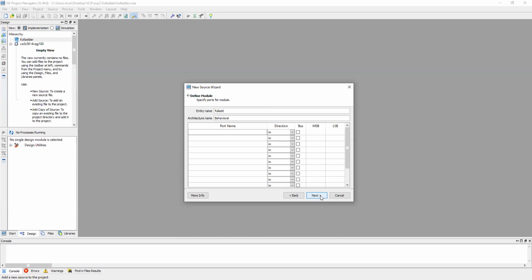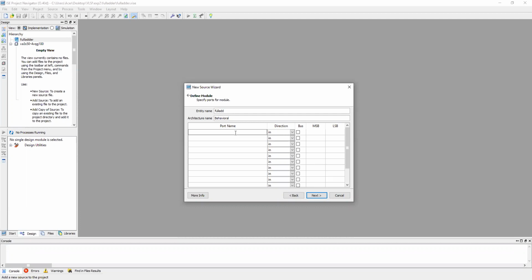Now we have to specify how many inputs and outputs we will require. So for a full adder, how many inputs do we require?